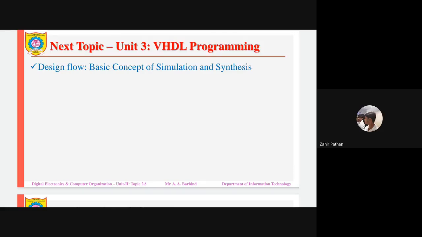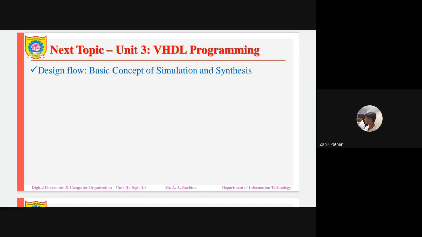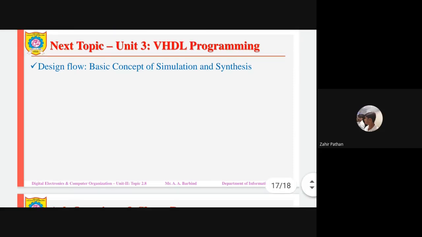Good, good. Now, what is our third unit? It is VHDL programming. Now, in this topic, we have seen that we can configure, as per our wish, that particular circuit to function either as a counter, a shift register, an adder, or a multiplexer. Configure means it is programmable. That means we should write a program, giving instructions, and as per those instructions that particular circuit will work. So VHDL programming is nothing but writing a program.